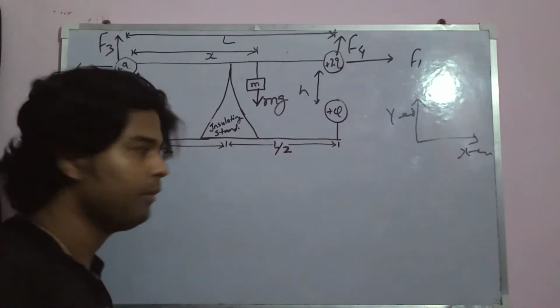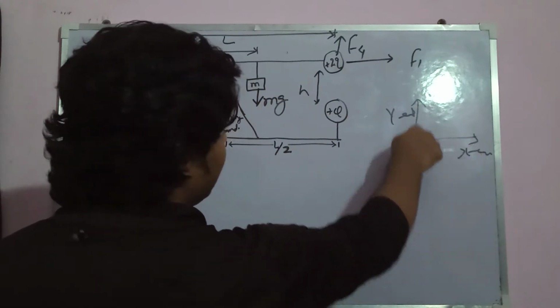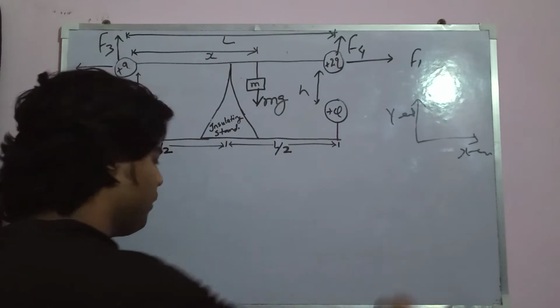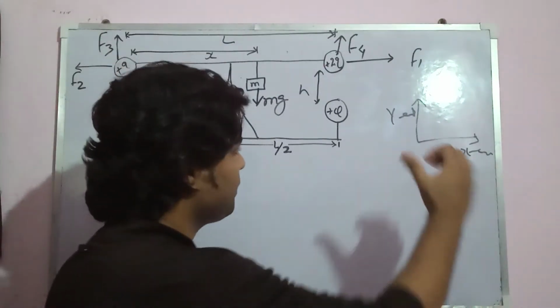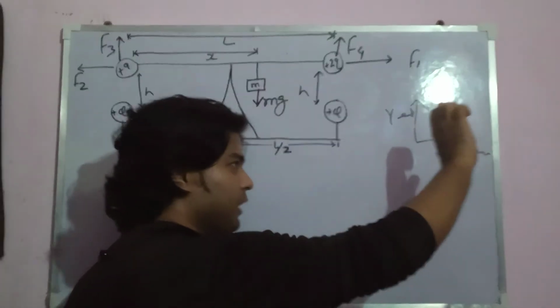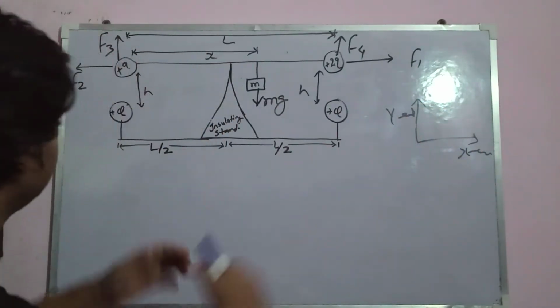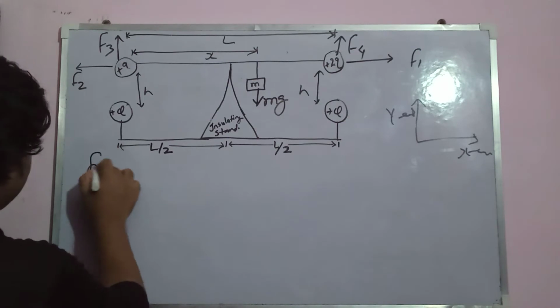Let's see now. Our x-axis is here, our y-axis is here, our negative x-axis is here, our negative y-axis is here. Our positive z-axis is here and negative z-axis is here, out of this plane and into this plane. Let's see. For equilibrium,